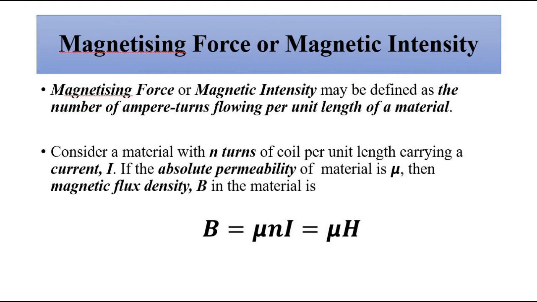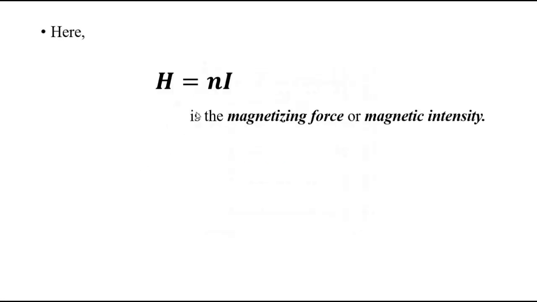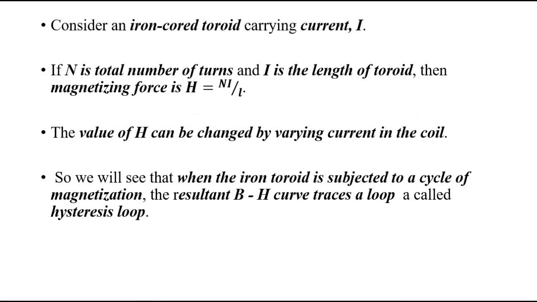Then we have the magnetizing force or magnetic intensity. It is basically the number of ampere turns of current flowing per unit length of a material. So if we have a material with N turns of coil wound over it and a current I flows through it, then the magnetic force or magnetic intensity is given by the product of the number of turns and the current flowing through it. So these are the two parameters involved in hysteresis. Now, in order to understand hysteresis, what is this lagging behavior or residual magnetism? Let us say